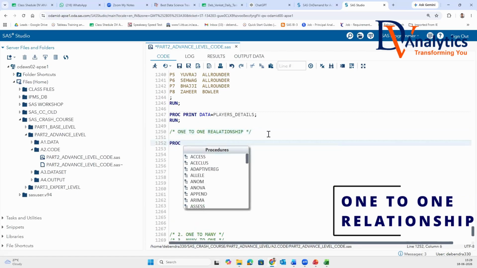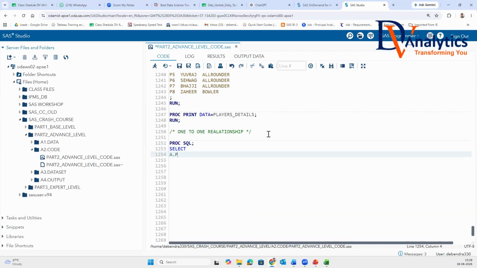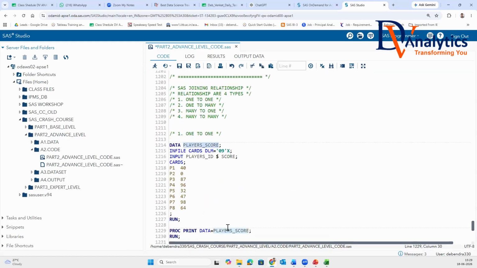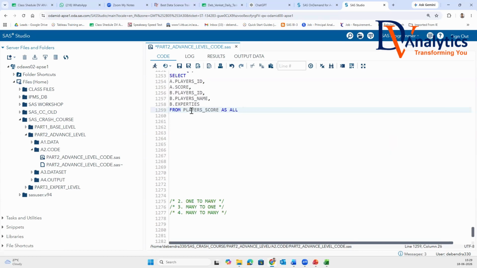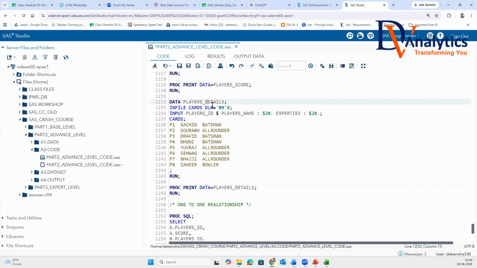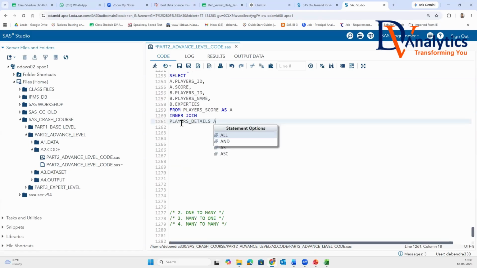You say proc sql; select a.players_ID, a.score, b.players_ID, b.players_name, b.expertise from the table players_score as A, you can write here inner join players_details as B